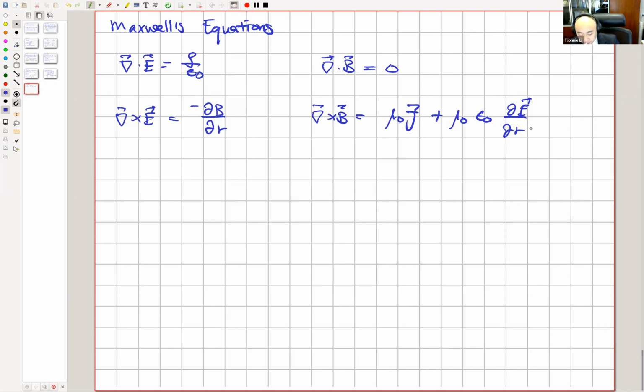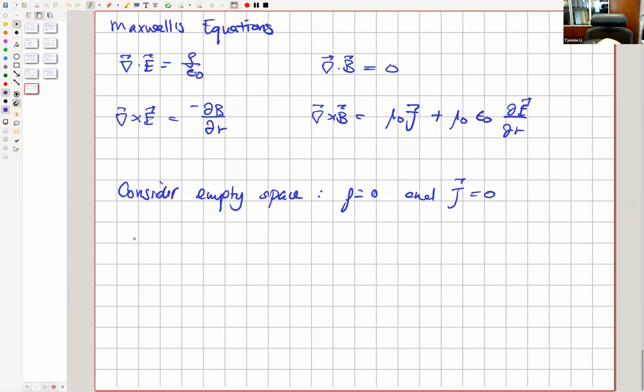What happens if you're in a situation where we have no charge and no currents, so completely in empty space? So rho equals 0 and J equals 0. Then